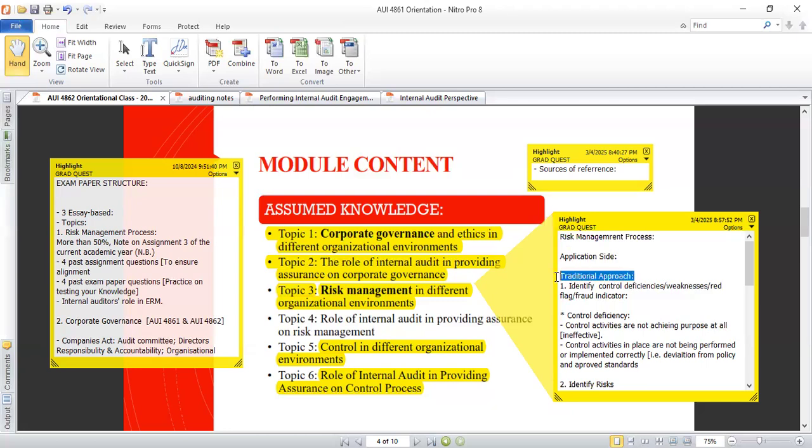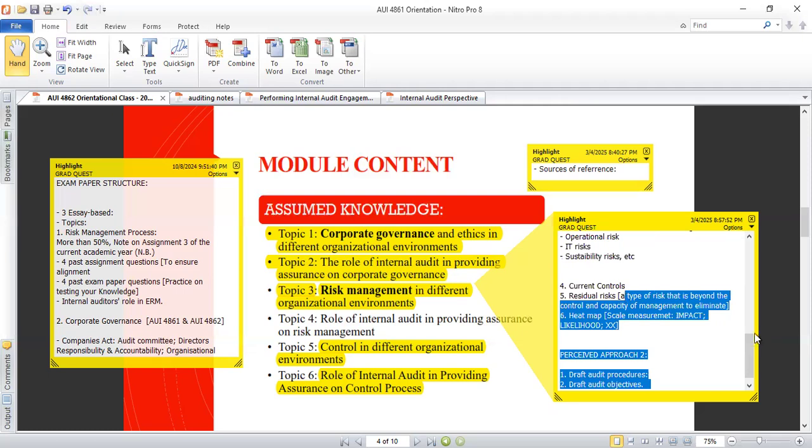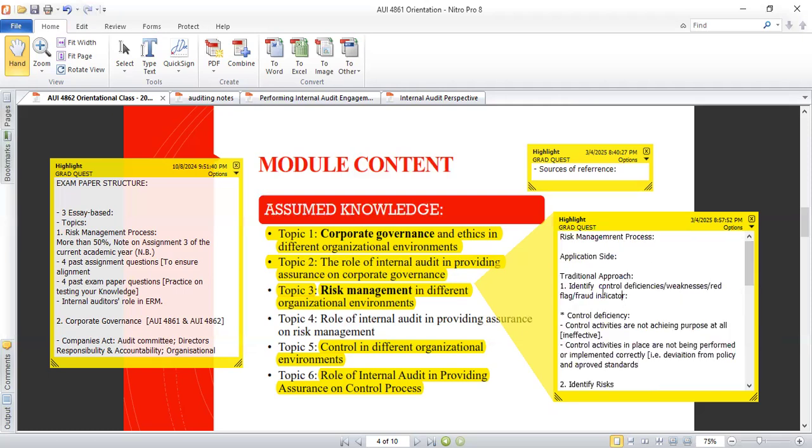So the traditional approach, usually in the context of assignments, when it comes to this concept, is that they would ask you to identify control deficiencies in the system description, meaning in the case study. When they ask you for that, you need to understand what it means. Control deficiencies would also imply identifying weaknesses. A control deficiency is the same thing as an internal control weakness. In other contexts, it can also refer to what we call red flags, if there's a question more related to fraud auditing, but you would find fraud auditing in AUI 4863. Sometimes they can also ask it as a fraud indicator. A red flag or a fraud indicator means one and the same thing. So you can also be asked about this in AUI 4863, but essentially,